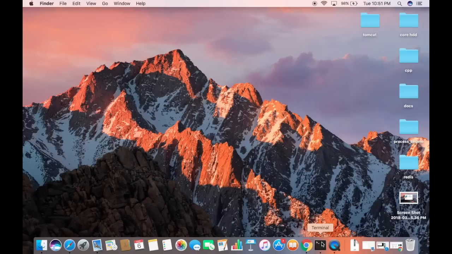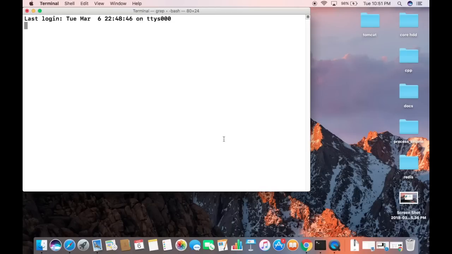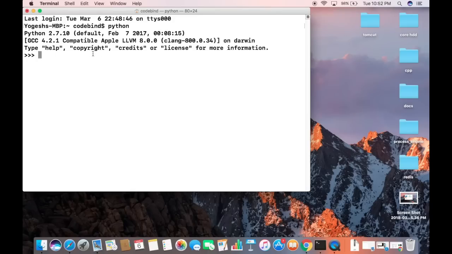Now, first of all, just check whether Python is installed on your system or not. You can just open your terminal and then type Python to check whether Python is installed or not. So just give Python and then it's going to give you the Python 2.7.10. This is the version which comes by default with Mac. And then to quit, you can just write exit here and then press enter and you will come out of